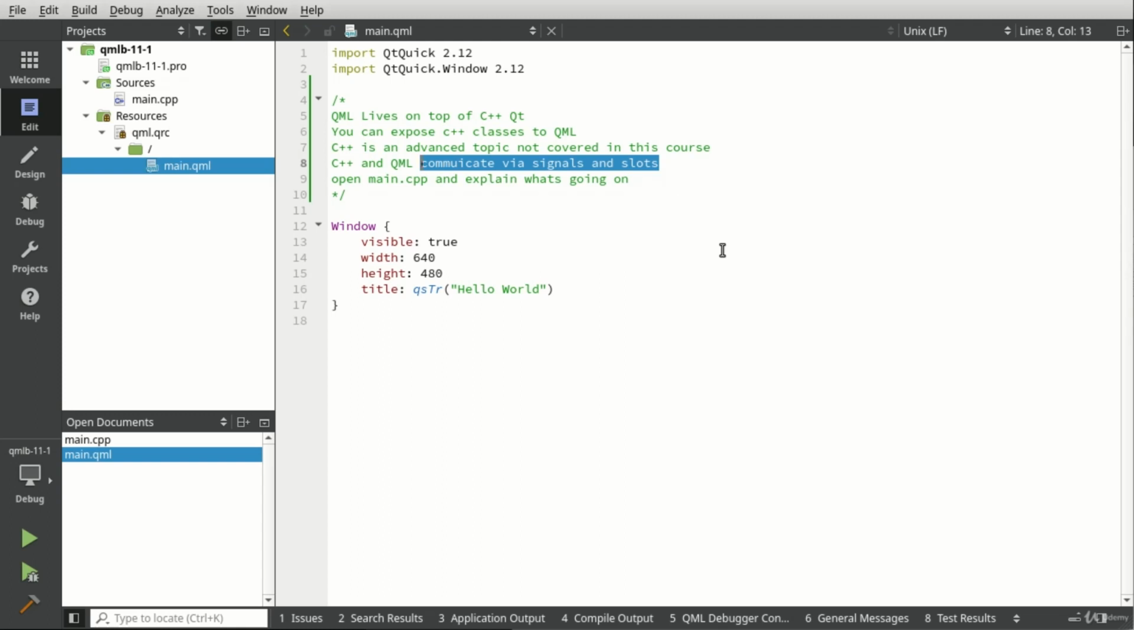But yes, it means that all the goodness you've learned in Qt core, you can actually use in QML. Everything under the hood is a signal and slot. There's no extra technology you have to learn. It's actually building upon what Qt is already built on. It's really cool. So we're going to open the main CPP file, and we're going to explain what's going